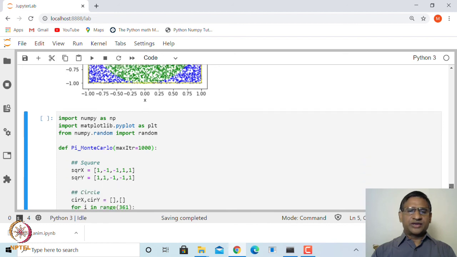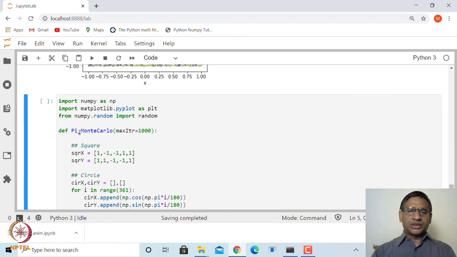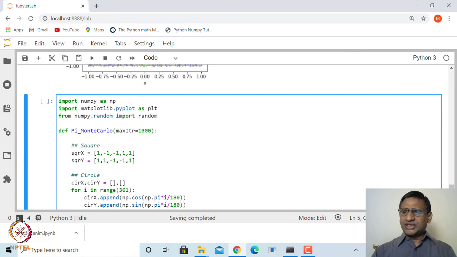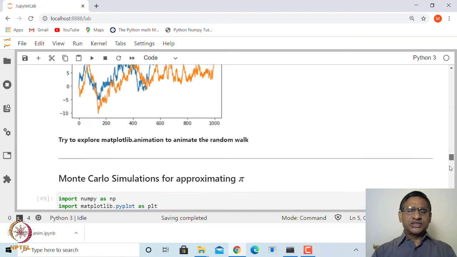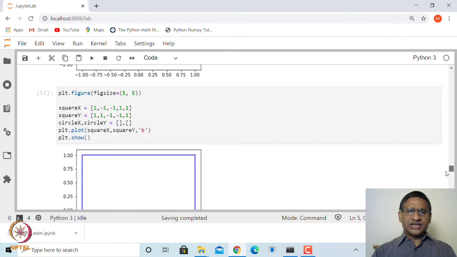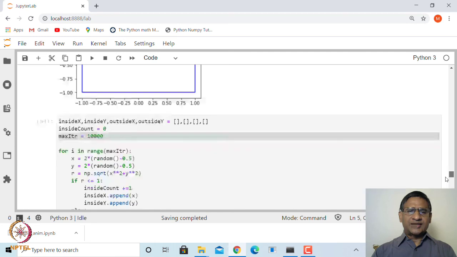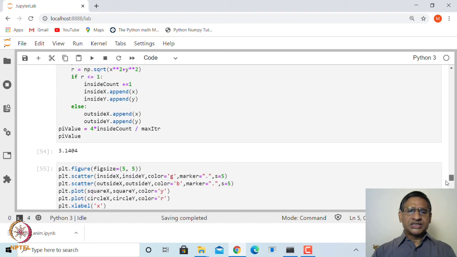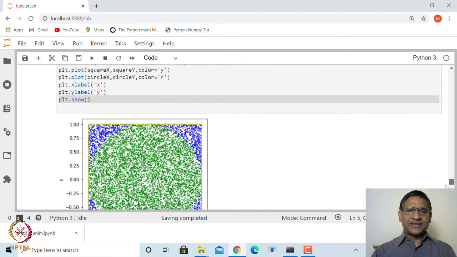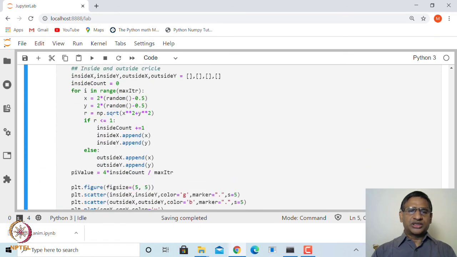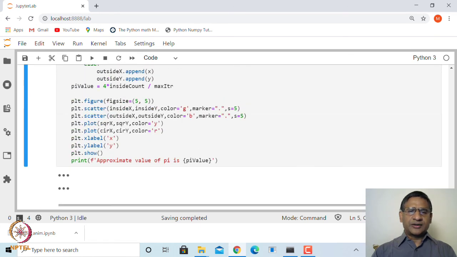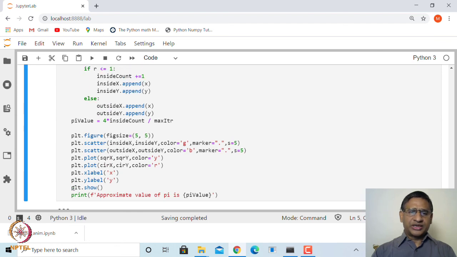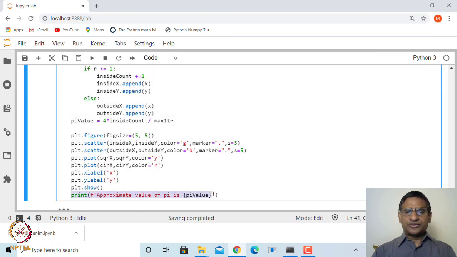So, we are making a user defined function called pi_Monte_Carlo_simulation for approximating pi, and by default let us say we choose 10,000 points. All I have done here is put whatever you have generated, all these steps of generating the circle, generating the unit square, generating all these random points, counting how many are inside, how many are outside, and then plotting, inside the body of the function. At the end we are also printing the approximation of pi.